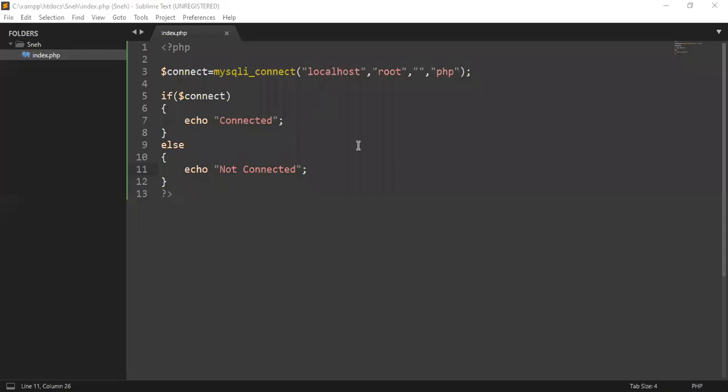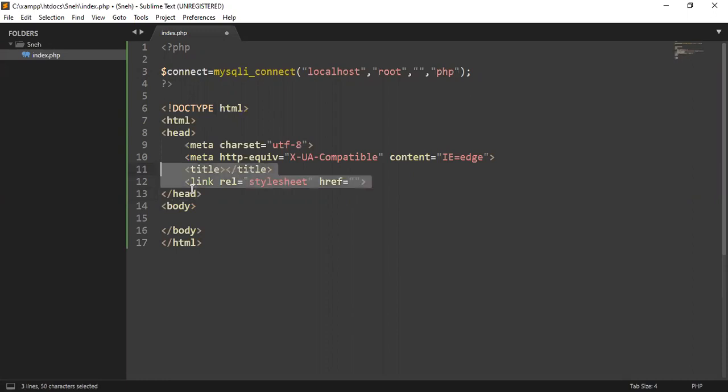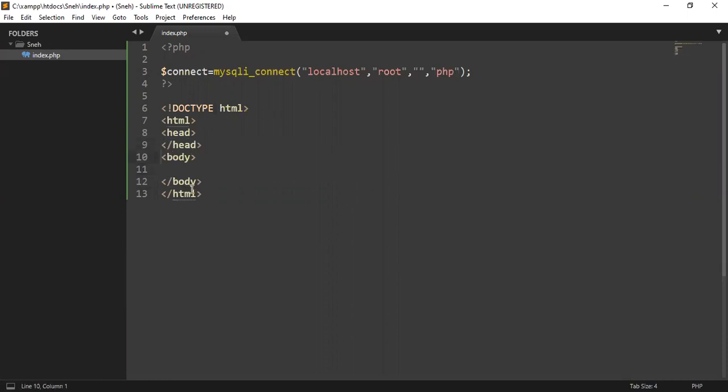Now next, we need to create a drop down list. So let us write some HTML for the creation of the drop down. Okay, so I'm back in our PHP file. Let me remove this. Okay, and let us write some HTML. This is boilerplate code. Let me remove this also. And here, how do we actually show a drop down? There is a tag select. So let us provide some options.